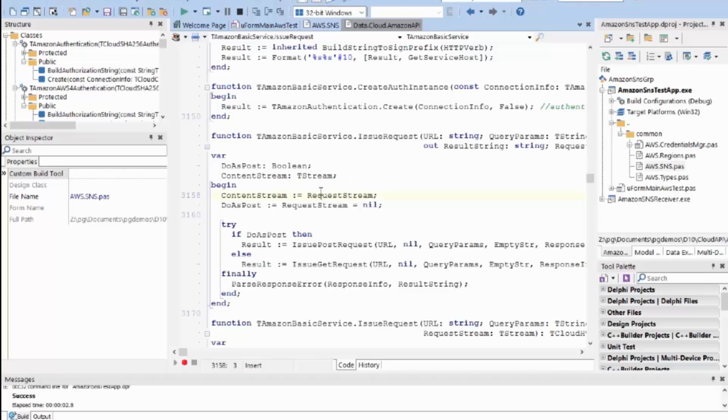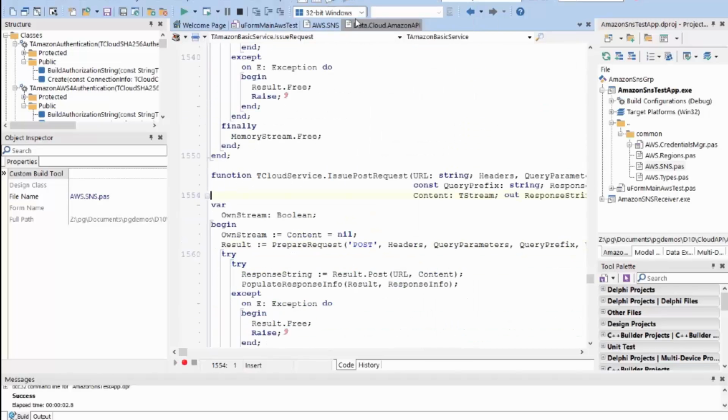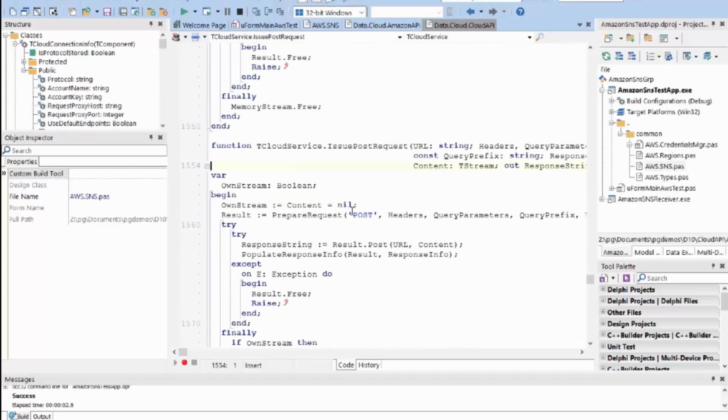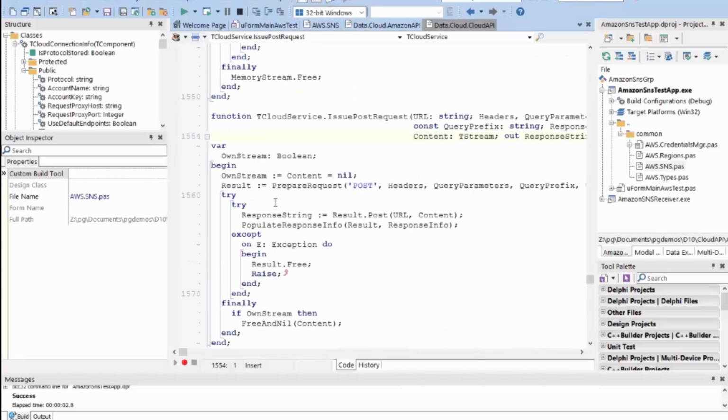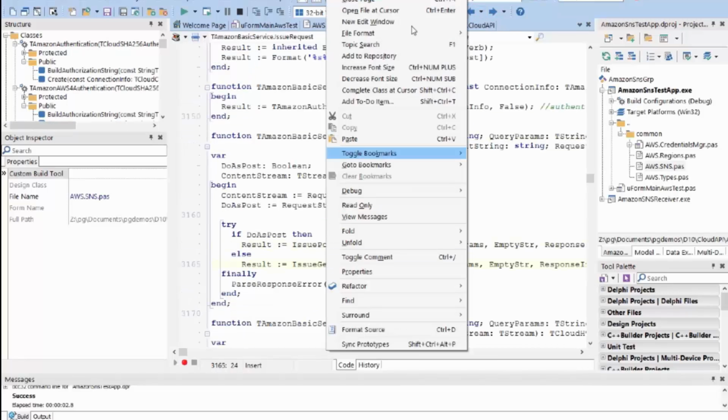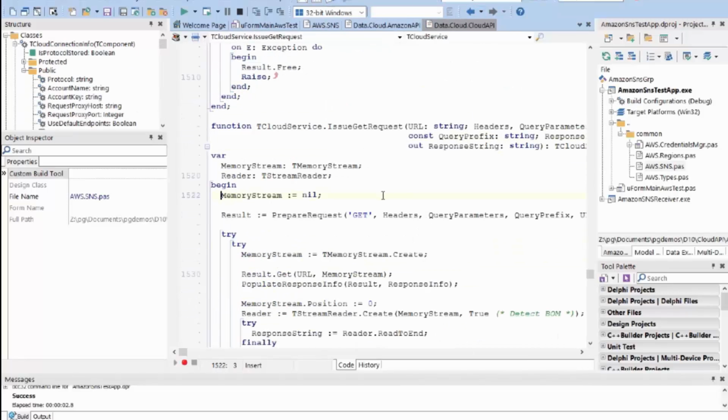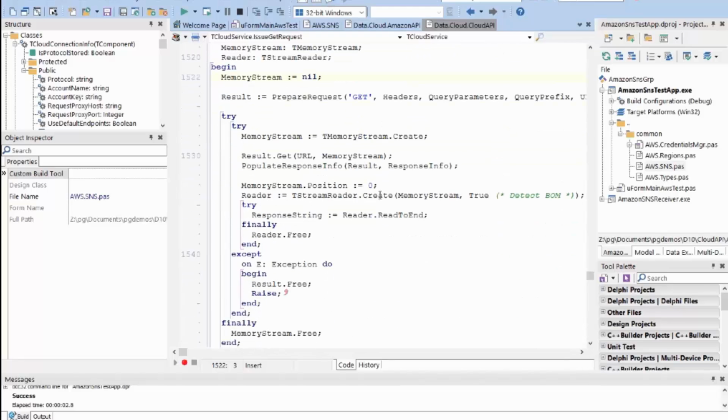So we can do a post or get request, and if you go into, for example, issue this request, we can see how this is working. We can also see how the get request is being sent. So you can actually see for yourself how you can